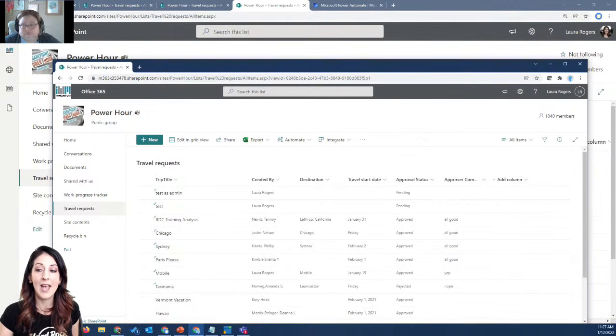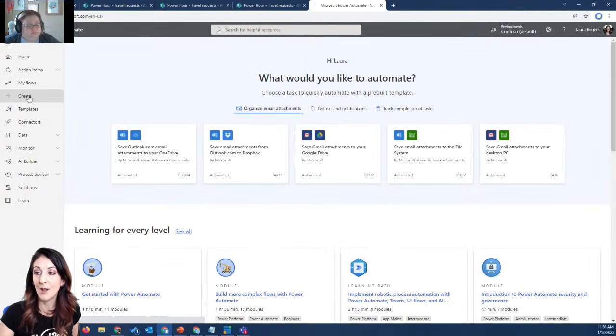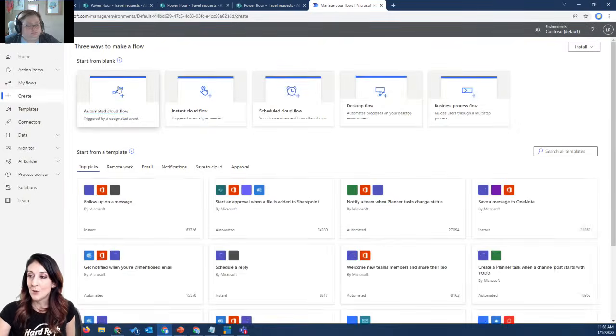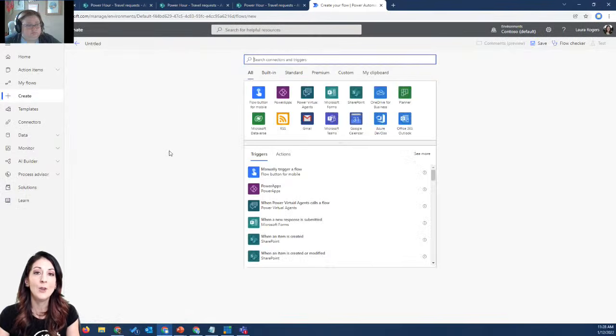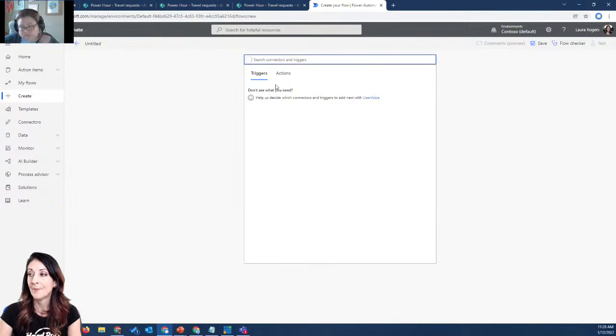So that's what you're adding to your solution, is the ability to control what people see and have access to in the list or library. Okay, so now we'll go over to Power Automate. And we'll create something, skip the tutorial. All right, so what I'm going to do is create a flow that will send something for approval. I'll just do a basic approval that will let somebody manually kick it off and also pick who the approver is. So I'm going to do flow button for mobile